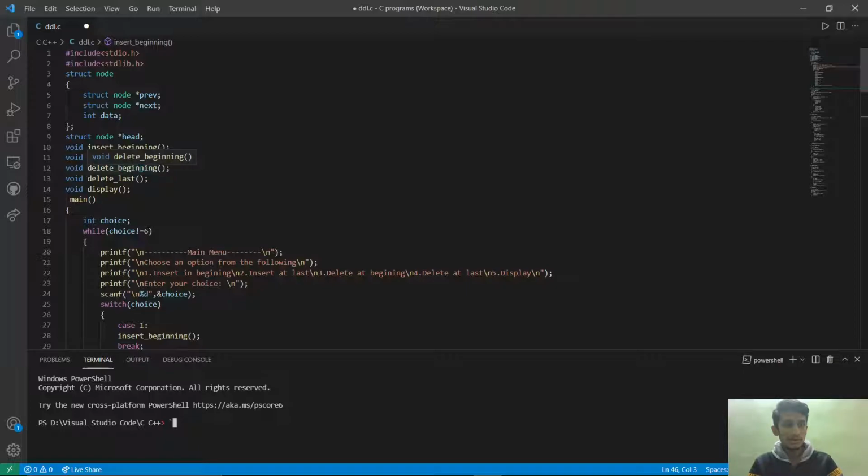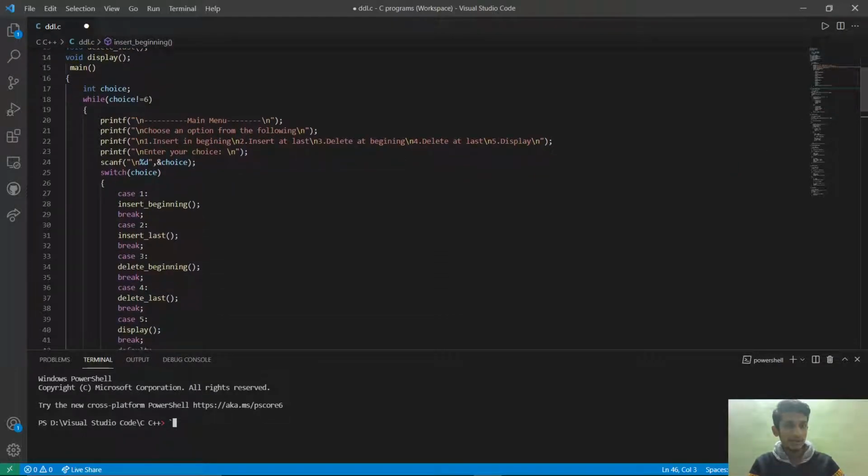Delete beginning is used to delete the element at the front, from the top, and deleting the last element is done using the function delete underscore last. Display is used to just display the list. Let us get into the main function. Here I didn't define the functions, I have just declared the functions here.